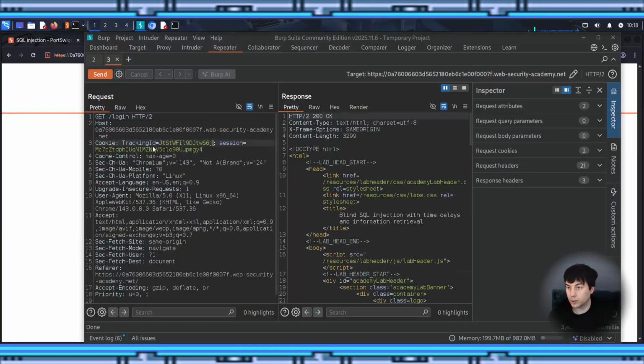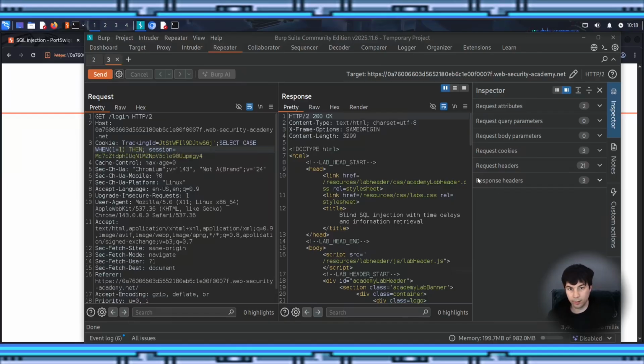So we'll be starting with the tracking ID cookie. At the end here, we'll put a quote mark followed by a semicolon. Then we're going to do a space. I don't think we need a space. I'm going to do select, space, case when, parenthesis. This is where our condition goes. So we're going to do 1=1 because that's always true. And then space, then